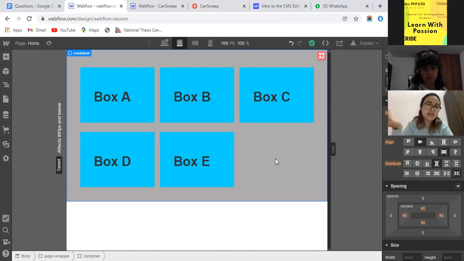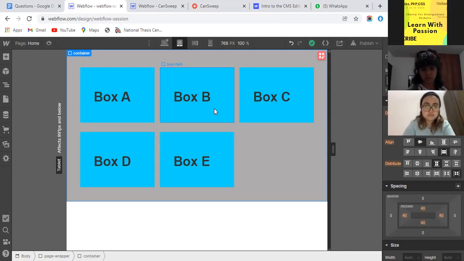Let me explain. With respect to height, we will only use height as a very last option. If we don't have any other option, we will use height. In general, we did not define any height for this box, but it has some specific height because it depends upon the content inside the box.